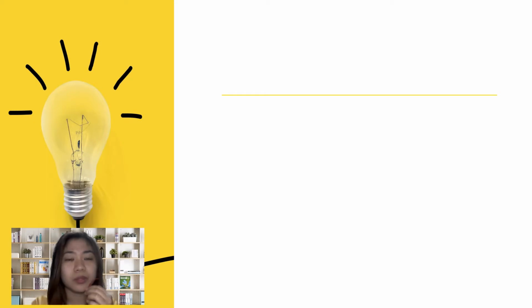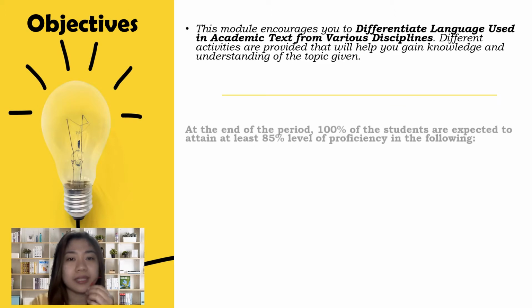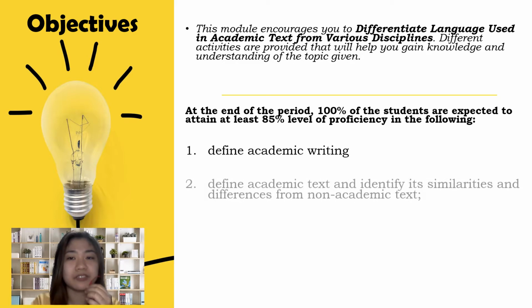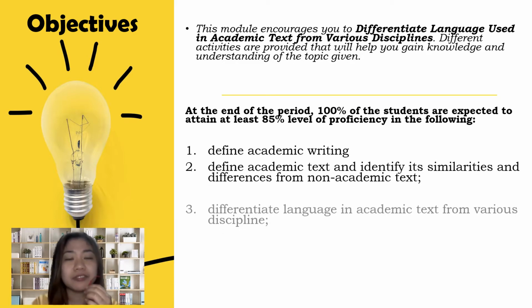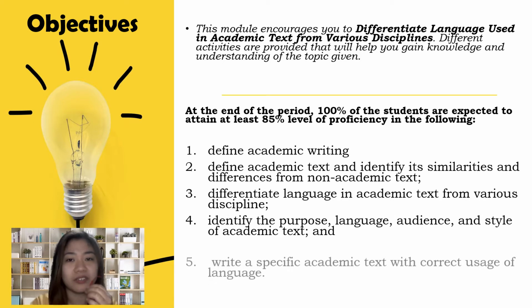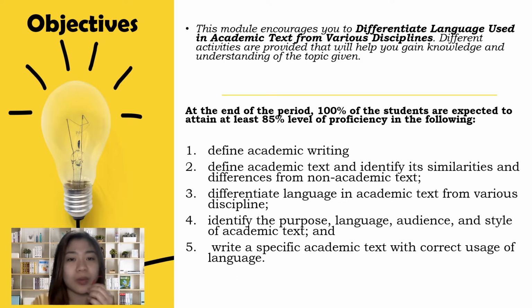Okay, before we start, let me present to you the objectives for today. So this module encourages you to differentiate language use in academic texts from various disciplines. Different activities are provided that will help you gain knowledge and understanding of the topic given. So at the end of the period, 100% of the students are expected to attain at least 85% level of